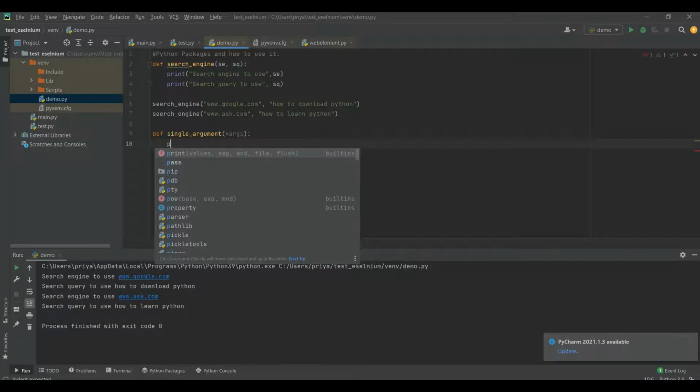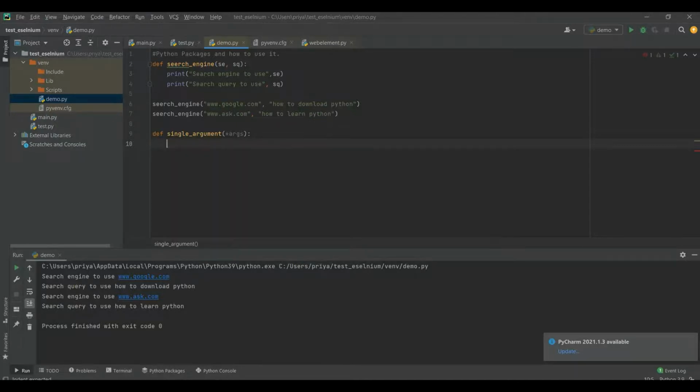So this will give you basically a list of arguments. It can be 3, it can be 4, it can be 5. We also don't know how many it will be. So we will iterate through it with a for loop, for i in args. In args it can be 1, 2, 3, or 10.